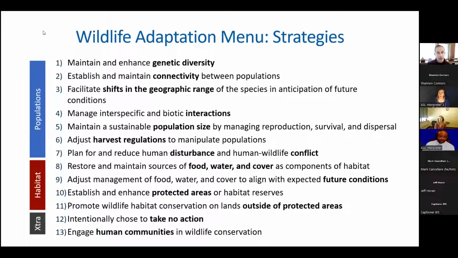I would be interested in that for starters. I will say that on our NIAX team, we do have some adaptation menus that are specific to different ecosystem types, like a more conventional forestry and silviculture menu. We have a grassland specific menu that is in development, and we also have an arid lands, arid ecosystems menu that is in development with some partners in the West.